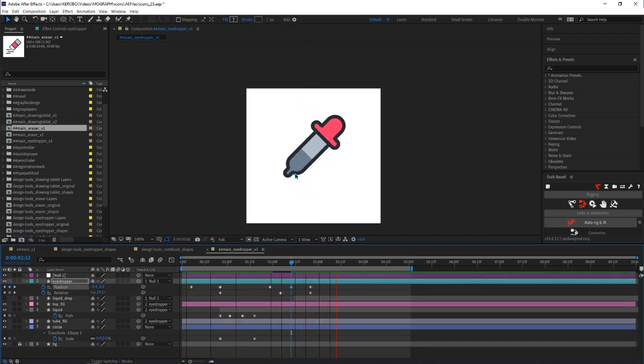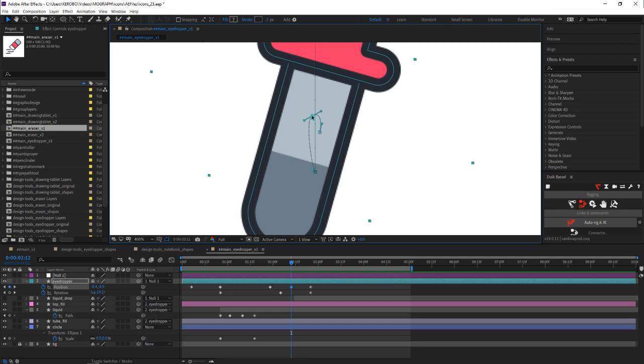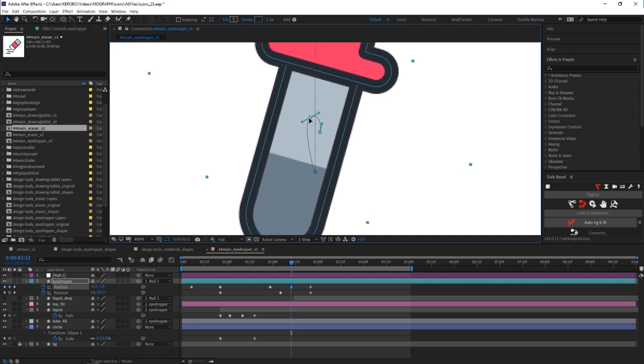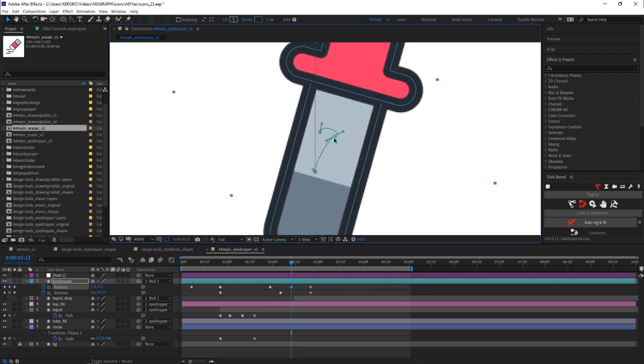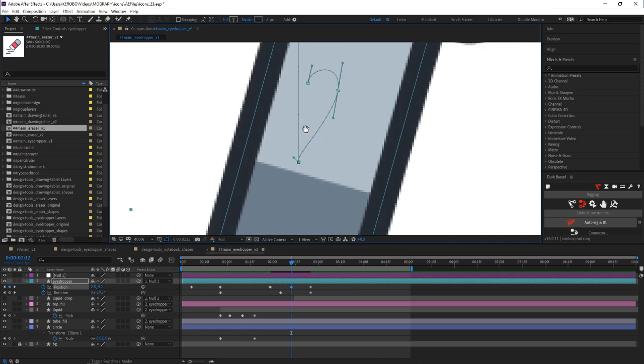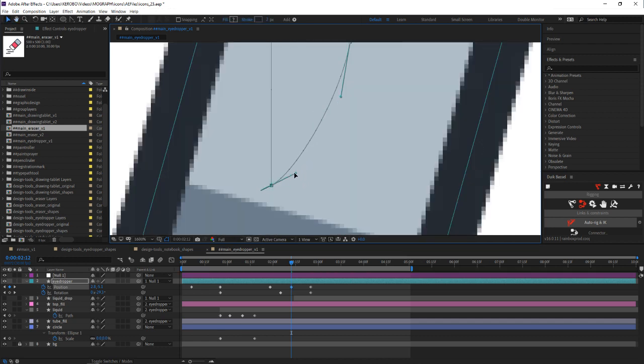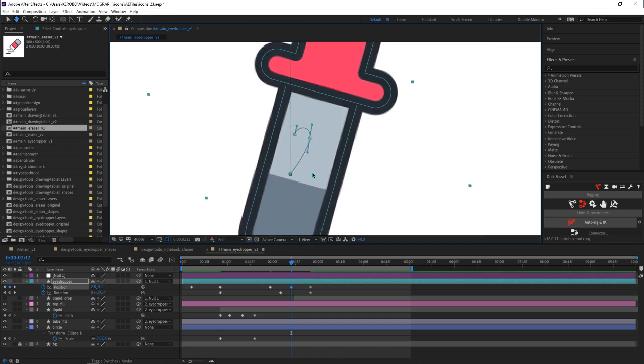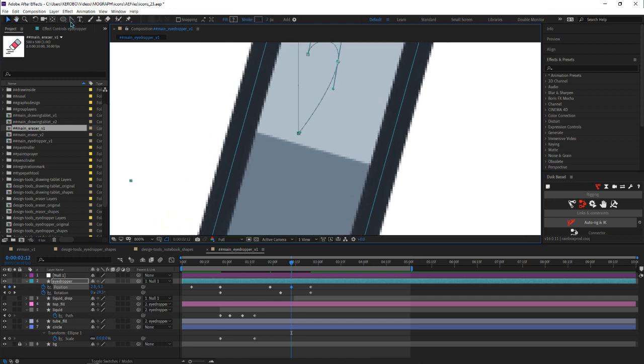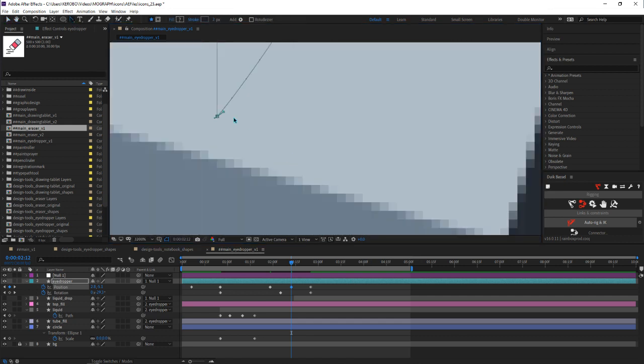Okay. I'm going to try going this way with it. Nope. Sometimes you have to really zoom in to get a good idea of what's happening. I'm actually going to